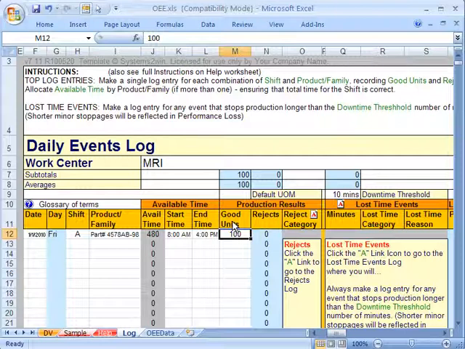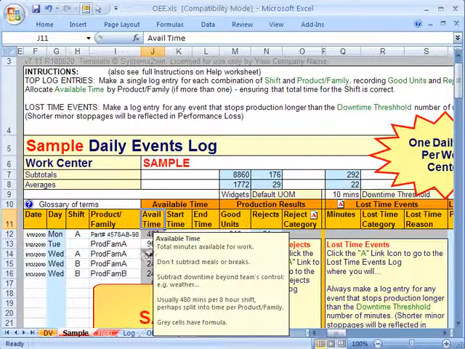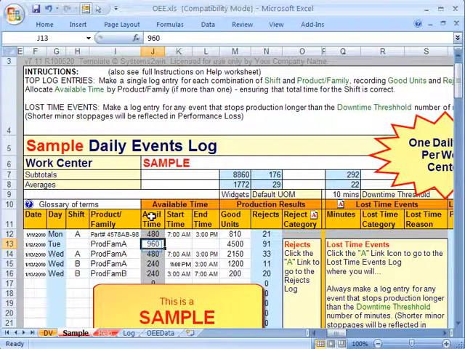There are a couple situations that are a little bit more complicated, and we have examples of those on the sample worksheet. First, let's click the header for available time and notice that we don't want to be subtracting just about anything. We don't want to subtract meals or breaks. We want punch in, punch out time. Notice in the second column we did something a little bit different. We overrode the available time calculation with just a plug number.